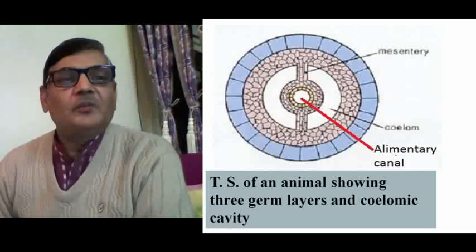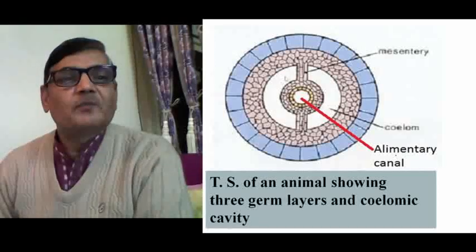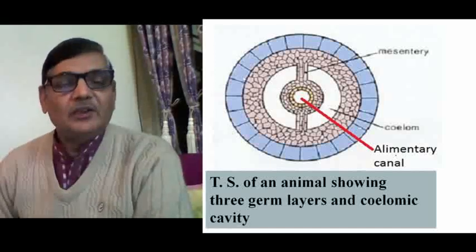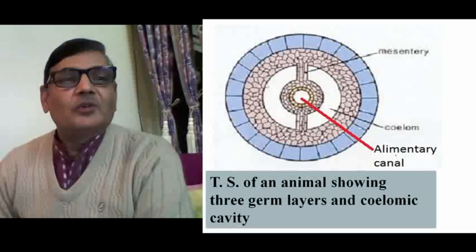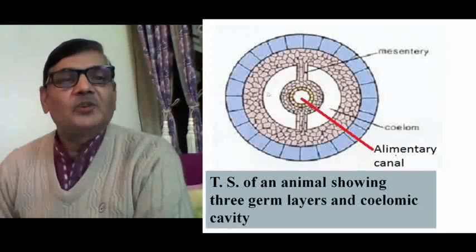It is covered with mesodermal linings, and then a space is there. This space is the coelomic space or body cavity, which is again lined with mesoderm, and then you can see the presence of ectoderm. So this coelomic cavity is the space between the alimentary canal and the body wall. This one is the body wall, and it is lined by mesoderm. So the coelomic cavity is formed by the splitting of mesoderm. It is mesoderm that actually splits, provides internal space, and this space becomes the coelomic cavity.